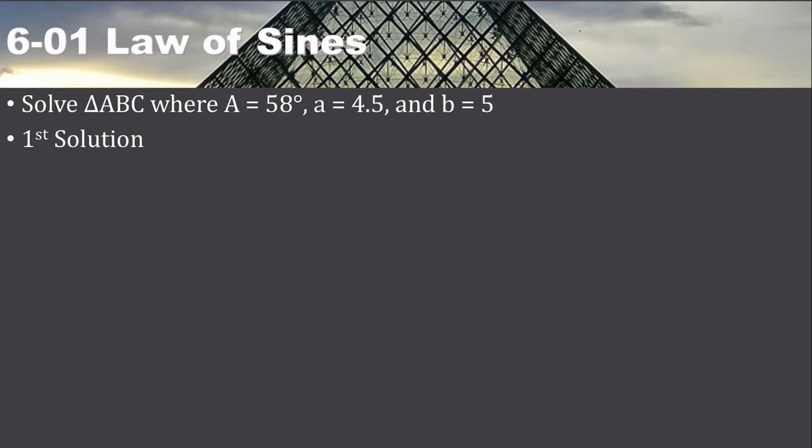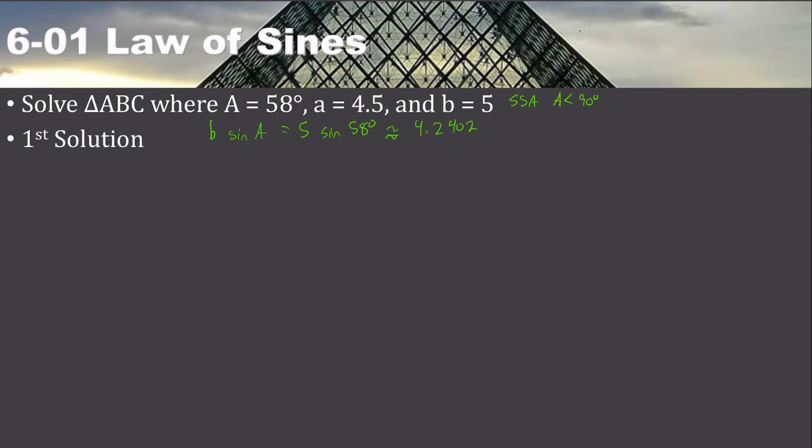So let's solve triangle ABC, where angle A is 58 degrees, side a is 4.5, and side b is 5. All right, this is an SSA case. Our angle is less than 90 degrees. So we need to find out what b sine A is. So b is 5, angle A is 58 degrees, and so that is approximately